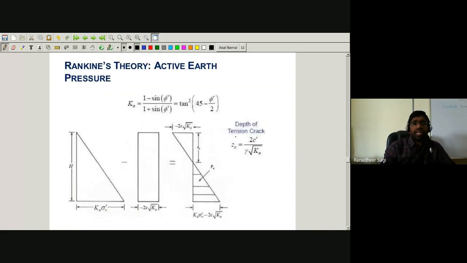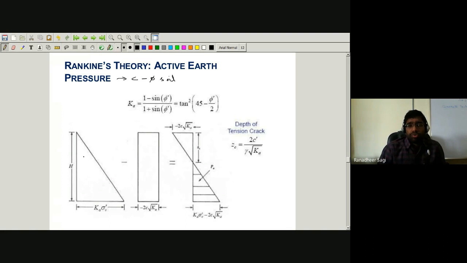And now let's quickly go on. In the earlier slides, what we have been looking at is Rankine's earth pressure theory, based on which we talked about how your active earth pressure distribution varies with depth, and how passive earth pressure distribution varies with depth, for cohesionless soil. So next, let's quickly understand the case of c-phi soil, because soil may not always be cohesionless. So we'll be coming across c-phi soil. In the case of c-phi soil,